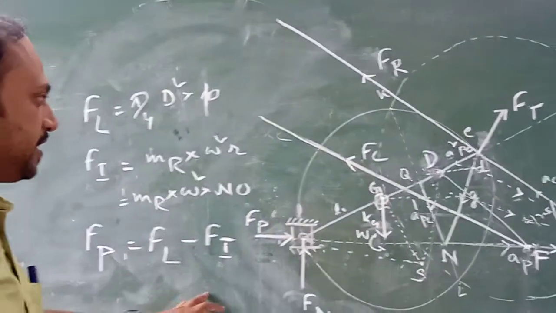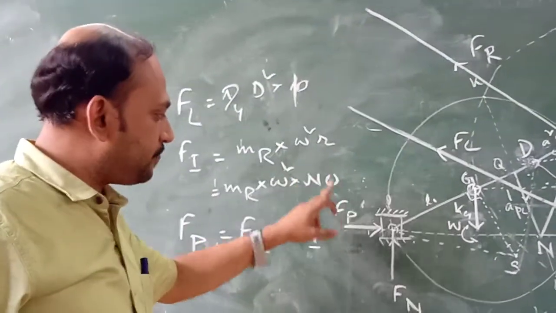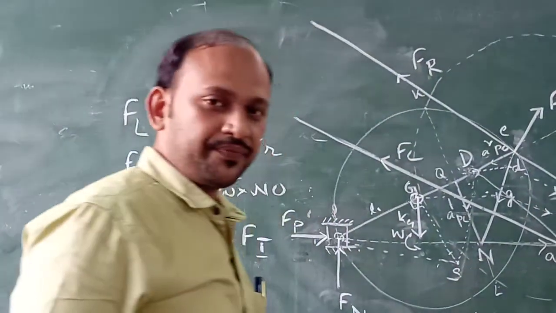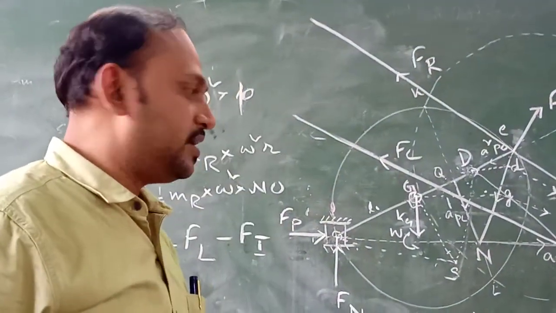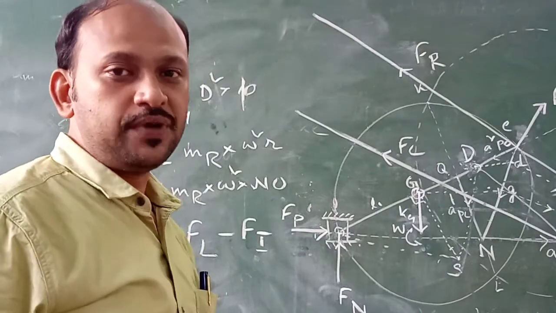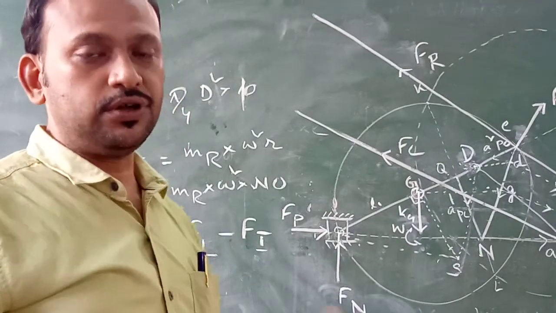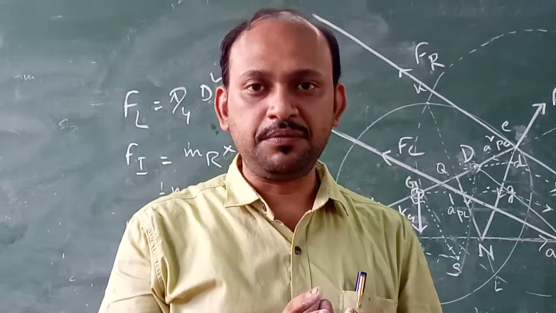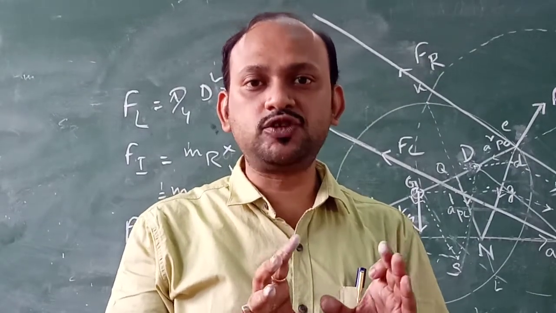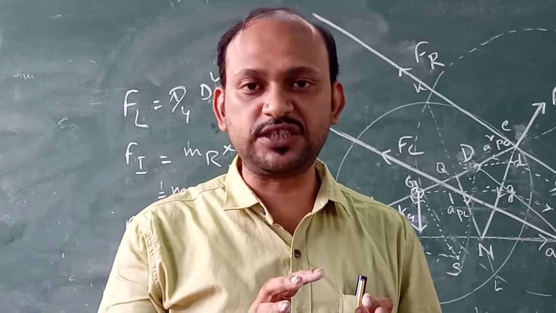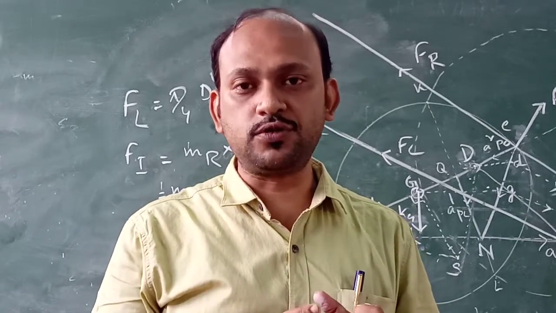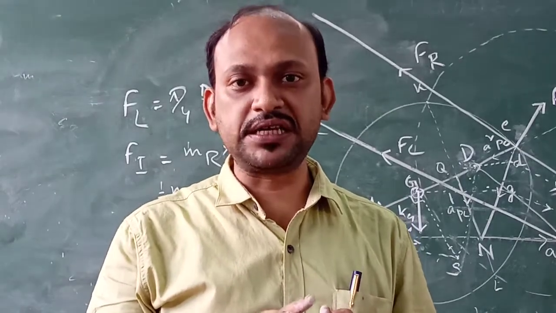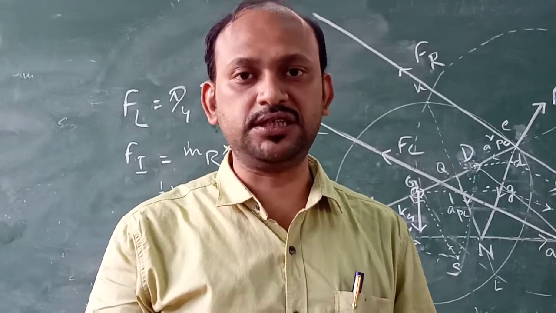So now the question is how we are going to find out the magnitude of all these unknown forces. This can be calculated very easily with the help of the instantaneous center method. We know that in a mechanism, if the mechanism is in equilibrium, then all the forces are actually rotating with respect to a certain fixed point, and the moments due to those forces are being balanced by each other. So the system remains under dynamic equilibrium condition.